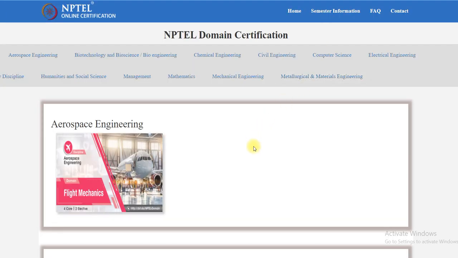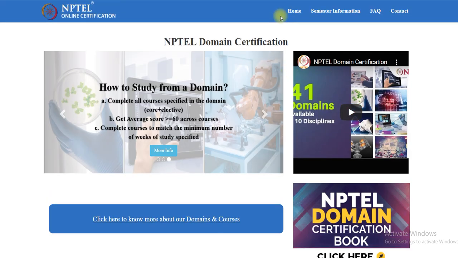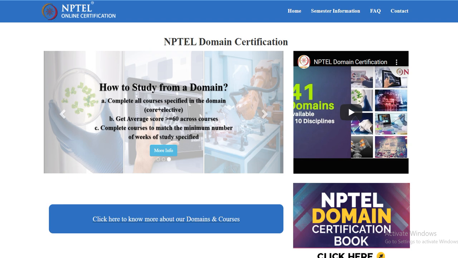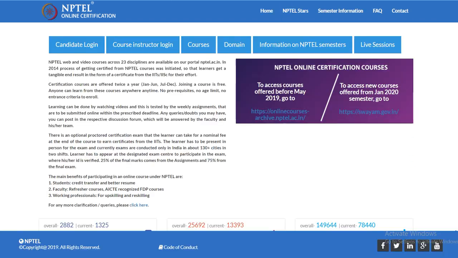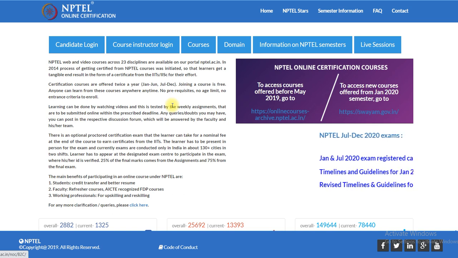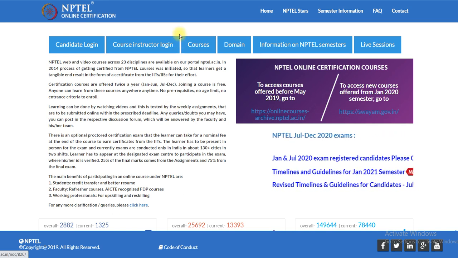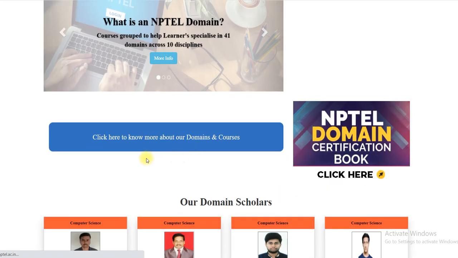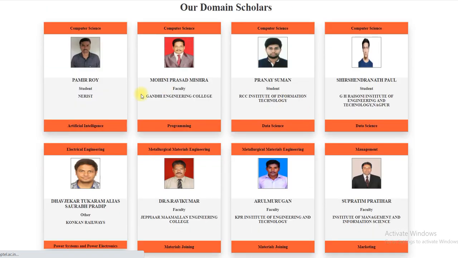Now, if you want to know more detail regarding the domain, you can just go to NPTEL. You can go there and click domain, and from domain you can see here these people have got the domain.